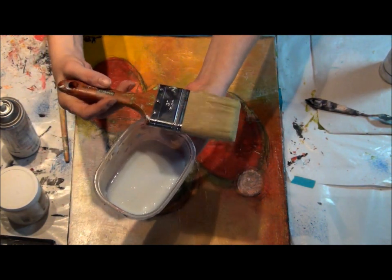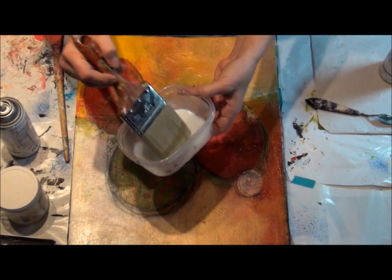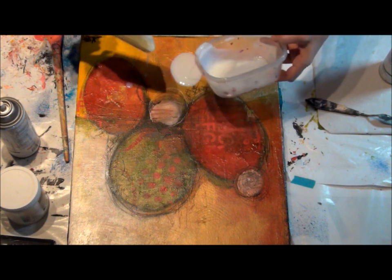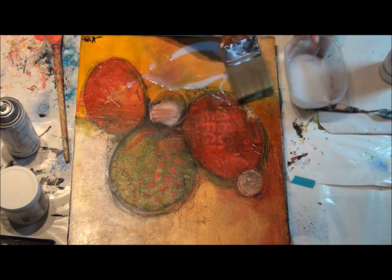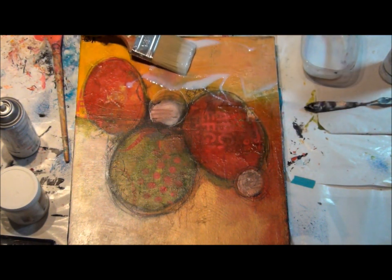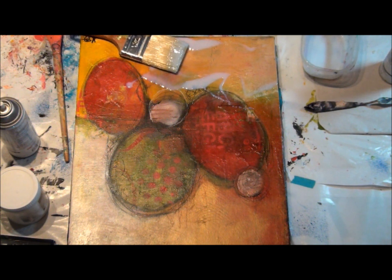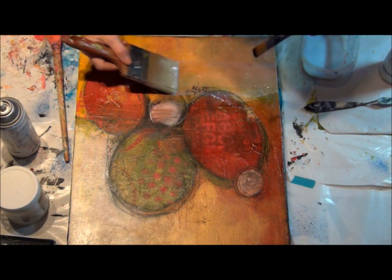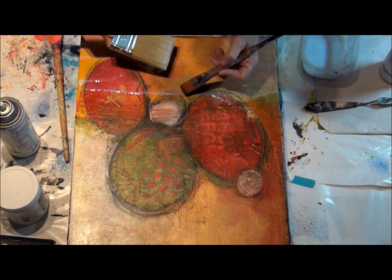This is just a household brush I bought for finishing. You could either brush it on, or a lot of times I'll just pour a good deal onto my canvas. Now I like to try to have a brush handy, which I don't have one right now, of course. I like to have a brush handy because if I see that my layer is blending a little bit, I can quickly